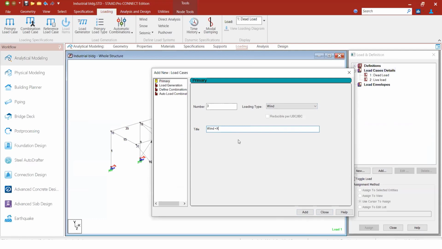I'm just adding it in short form. Wind in negative x. Okay. So the same way you have to calculate the wind load for positive z and wind load for negative z.